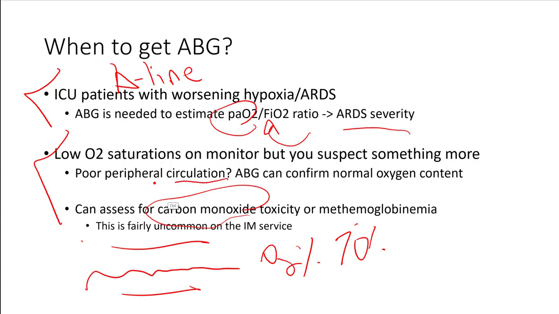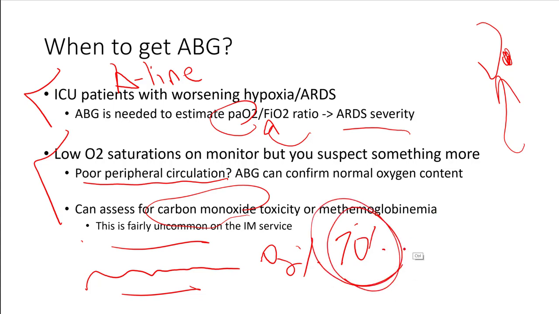Additionally, in people who have severe vascular disease, their blood flow may be subpar to the fingertip. If you ever go in a room and someone has the little pulse ox monitor on their ear, that's a good sign that they have poor perfusion peripherally, or they're delirious and they're pulling the probe off. But in general, if you see a probe up there, it's often going to have trouble reading the O2 sat. Very common for the RNs to be calling you about O2 sats in the 70s, and you go look and it's on the patient's ear, and then you look at the monitor,